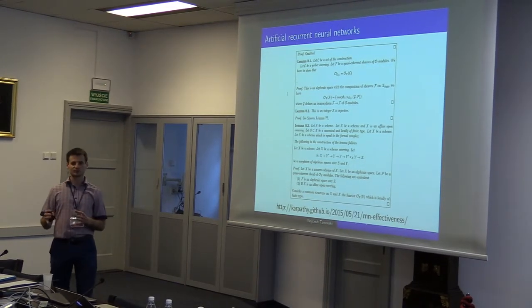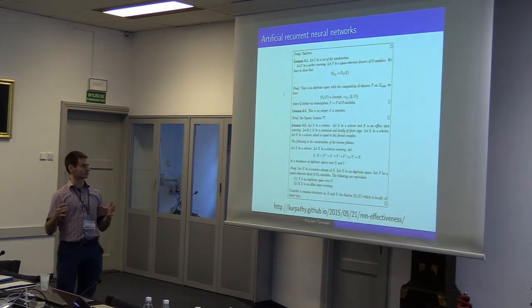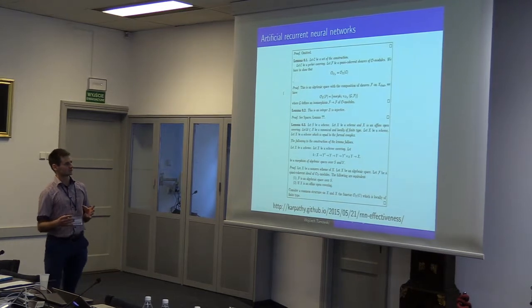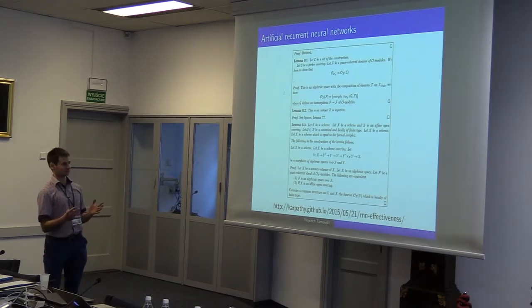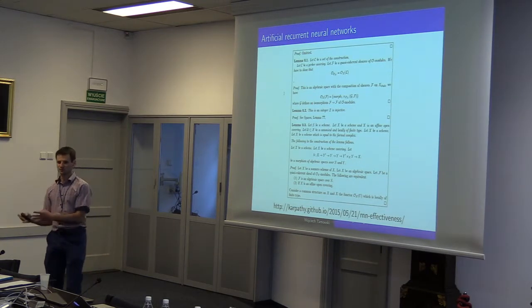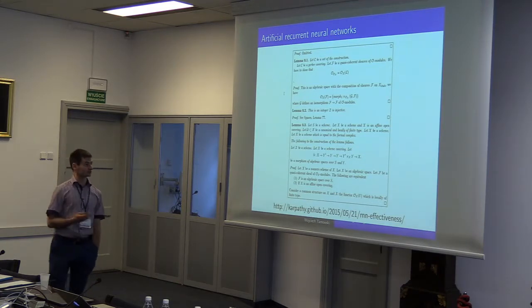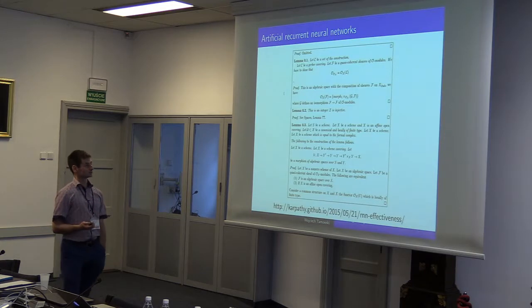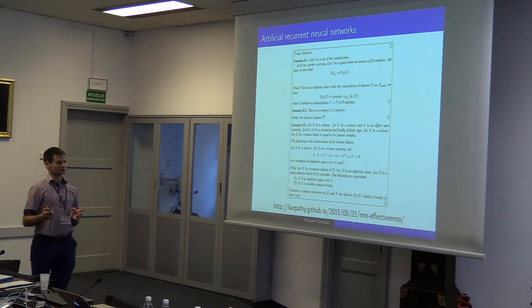These are very long-term correlations. Intelligence needs to, for example, remember that if you start a sentence with a capital letter, it needs to remember to finish it with a dot, right? And it's really hard to train such networks, but quite recently people have managed this, and as one of the